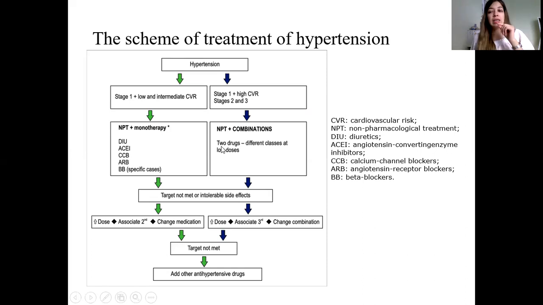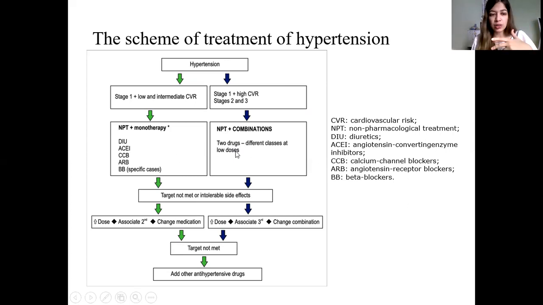If we have stage 2 or 3 or high cardiovascular risk, we should use non-pharmacological treatment, lifestyle, and also a combination of drugs. We should use 2 drugs of different classes in low doses. For example, a diuretic with an angiotensin converting enzyme inhibitor, in low doses. Then, if the target is not met or we have intolerable side effects,